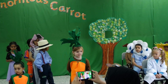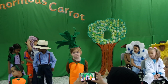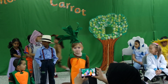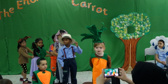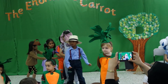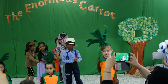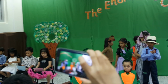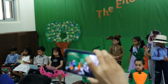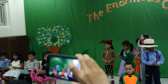So the little girl called to a big friendly brown dog. Please come and help us. The dog took hold of the little girl. Then they all pulled the carrot. They pulled and pulled and pulled. Pull, pull, pull! But they could not pull up the enormous carrot. So the dog called to a black and white cat who